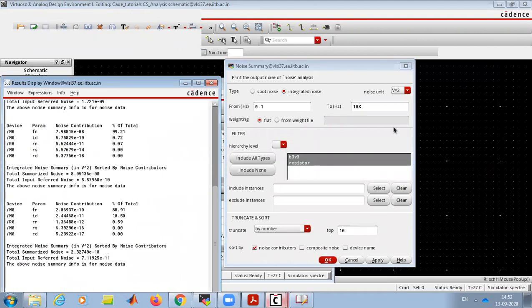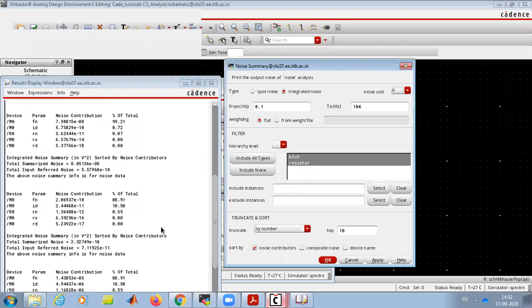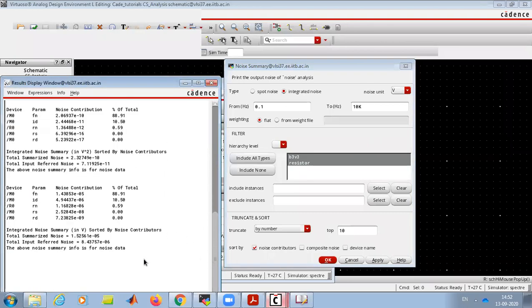Now our noise is much smaller because now the thermal noise has contribution. So our flicker noise has reduced a lot. This is noise power, it is in square. If you find it here, it is in RMS value of noise. It's about 8.5 microvolt RMS.